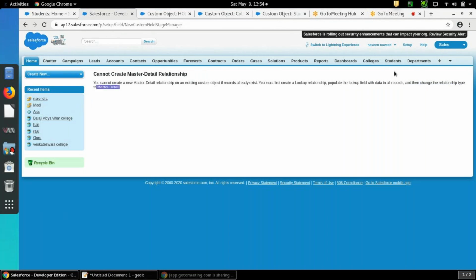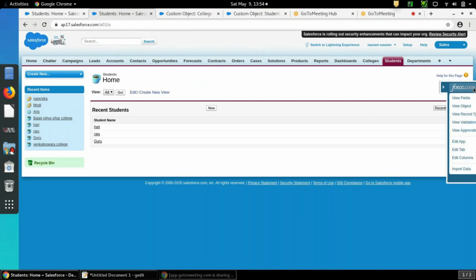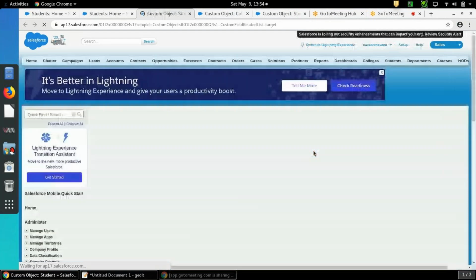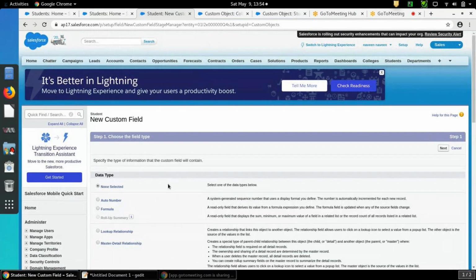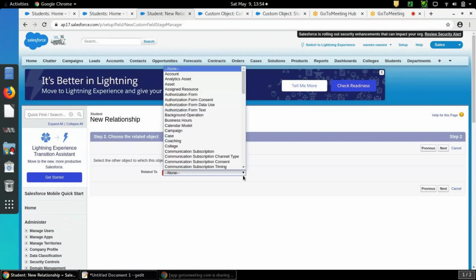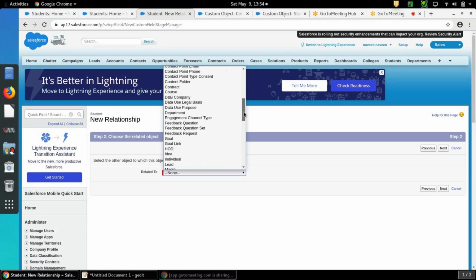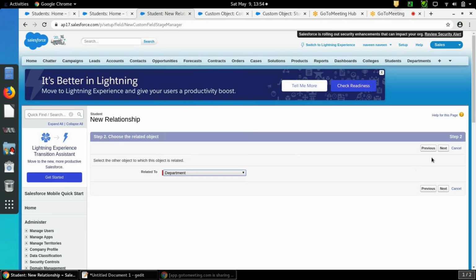So what we'll do, we'll go back, view fields, click on new custom field, select lookup relationship, click on next. So I'm relating to department. Next.